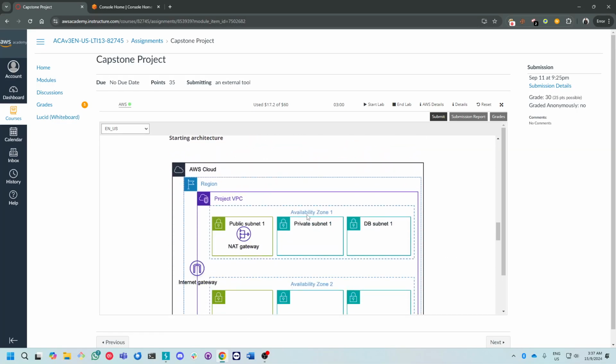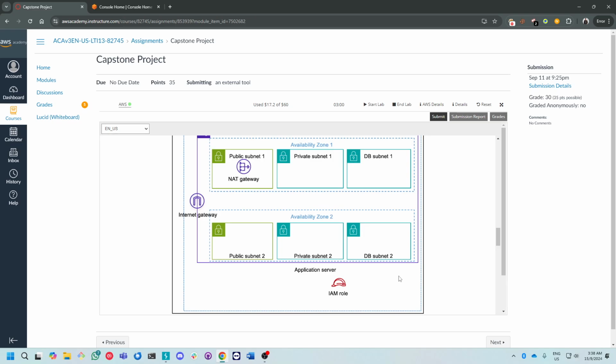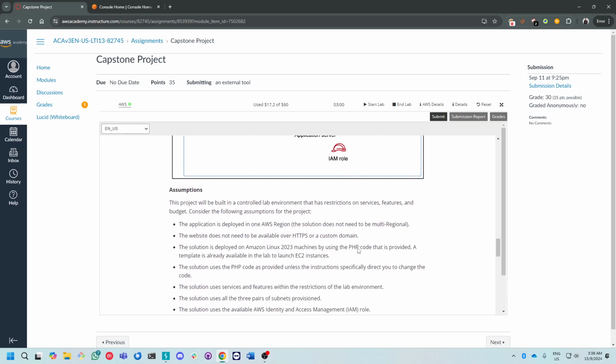Here, this is basically the VPC architecture of the lab. We have two public subnets in different availability zones, and then private subnet 1, private subnet 2, and DB subnet 1, DB subnet 2, both in different availability zones. And then